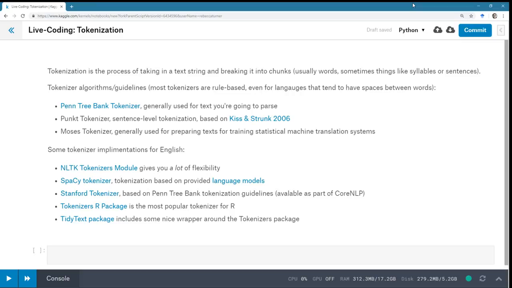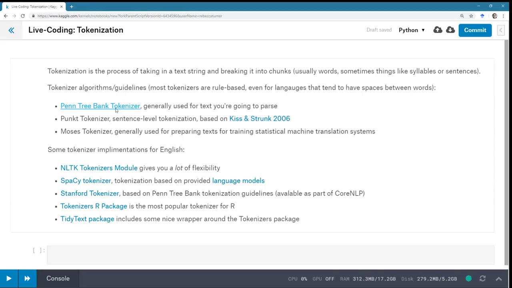And there's a bunch of different tokenizers. The ones that I have run across most frequently, the algorithms behind them, they are mostly rule-based. So somebody sits down and decides this word is actually two words. So like it's with an apostrophe, you might tokenize that as two words, because it's a contraction. And that requires human labor. So you don't usually want to build your own tokenizer unless you're working on a very low resource language and you've got to do it. If you're working on English, you don't have to.